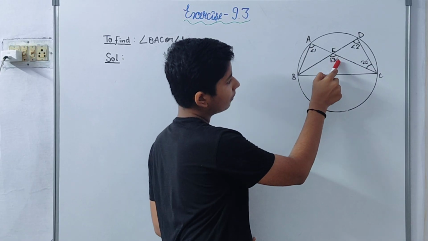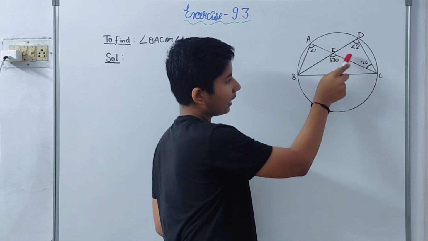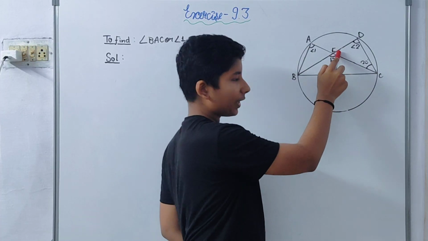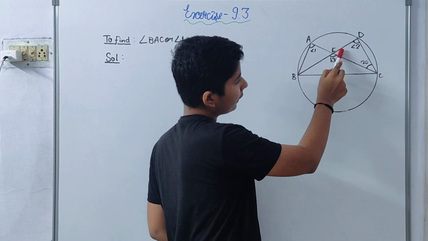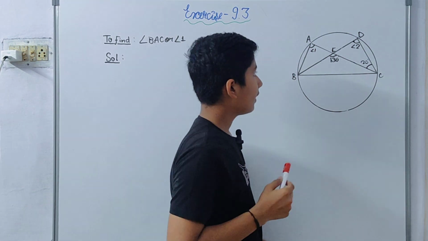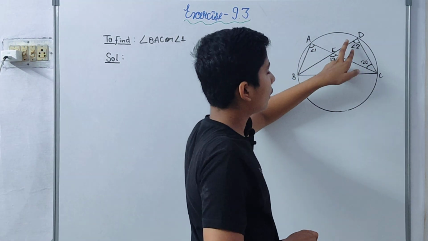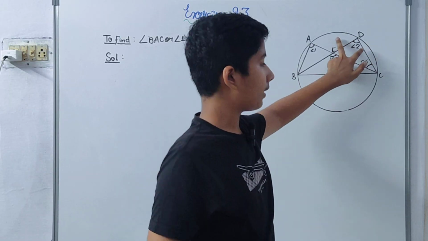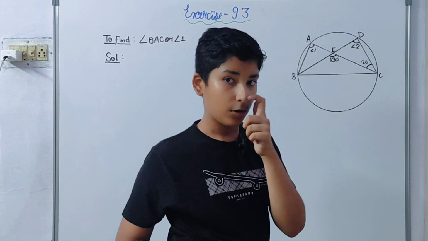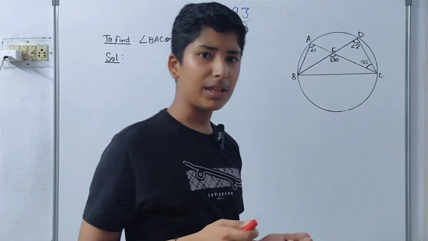First of all, see, this is 130 degrees. So angle DEC will be 50 degree because of linear pair. This is 50, this is 20. So this would be 180 minus 70 degree. This would be 110. So because of the angles in same segment, this will also be 110 degrees. This was the basic plan.